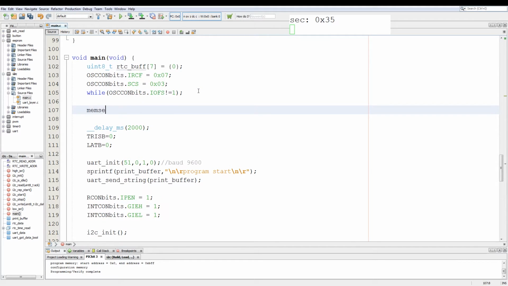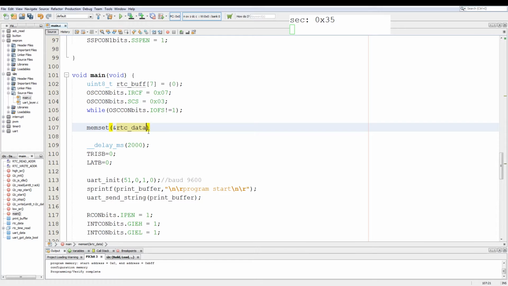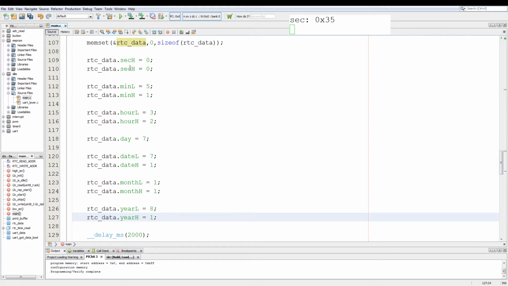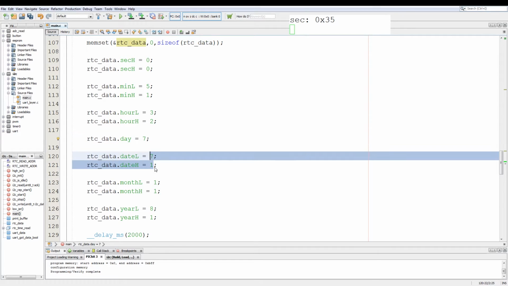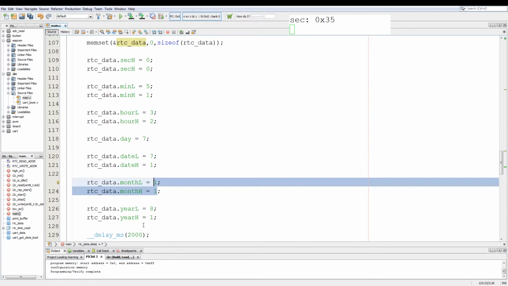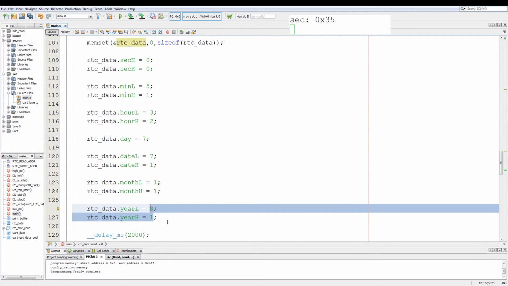Then we add in memset, reference RTC data, clear the entire structure, and we say sizeof RTC data, and I'm going to copy paste all the data that has been set up. Okay, now the data has been set up so that we start at second 00 at 15 minutes of the 23rd hour of the 7th day, this date of the 17th, the 11th month, and the 18th year.